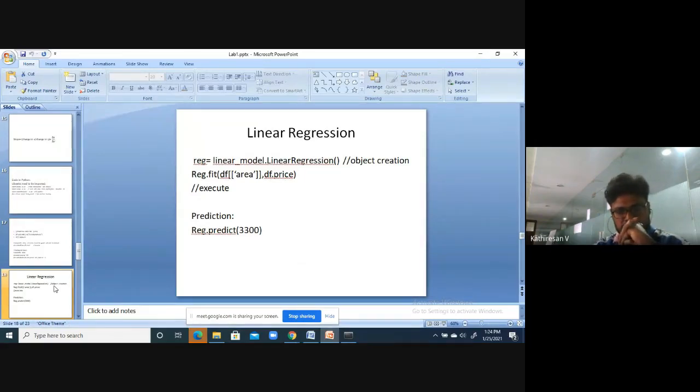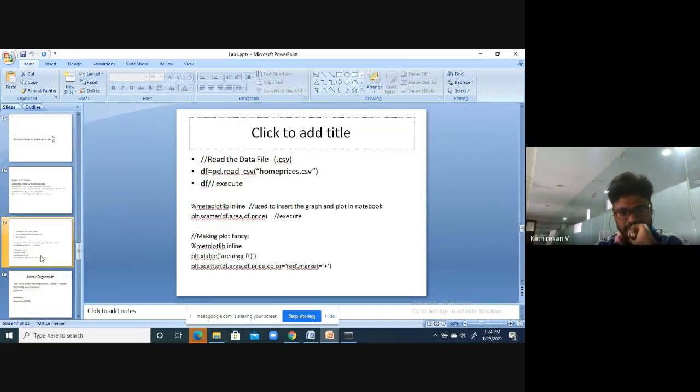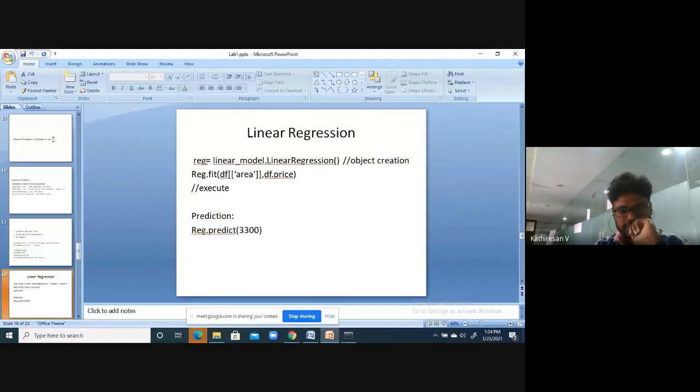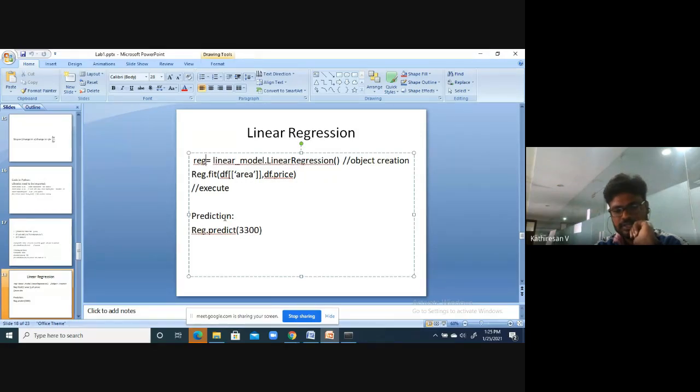In order to create the linear regression model, see here. reg is the variable or object for the linear regression model, and we call linear_model.LinearRegression.